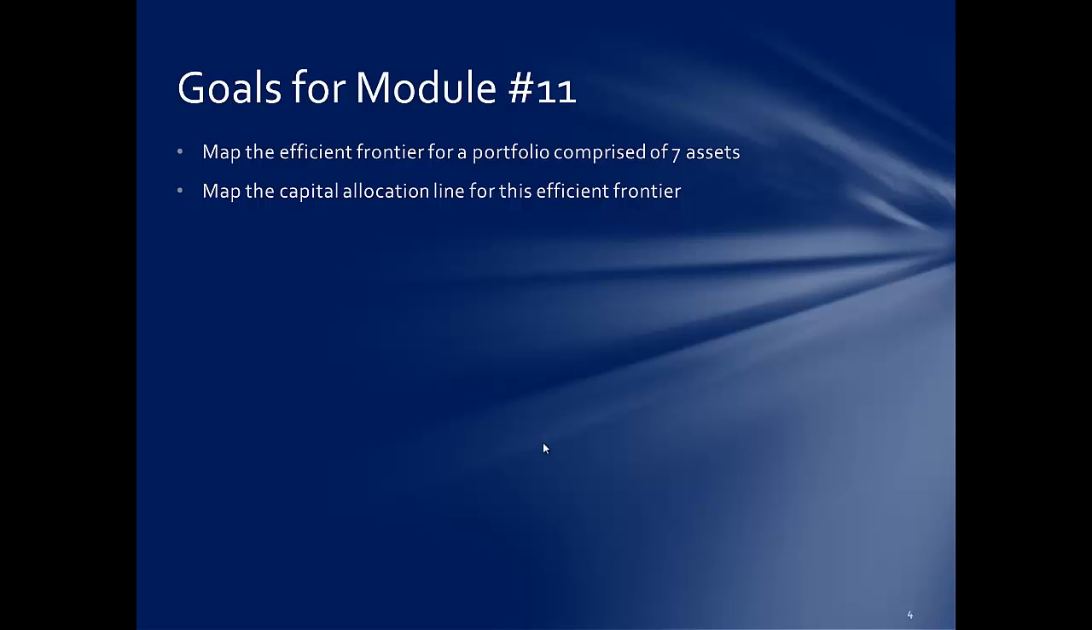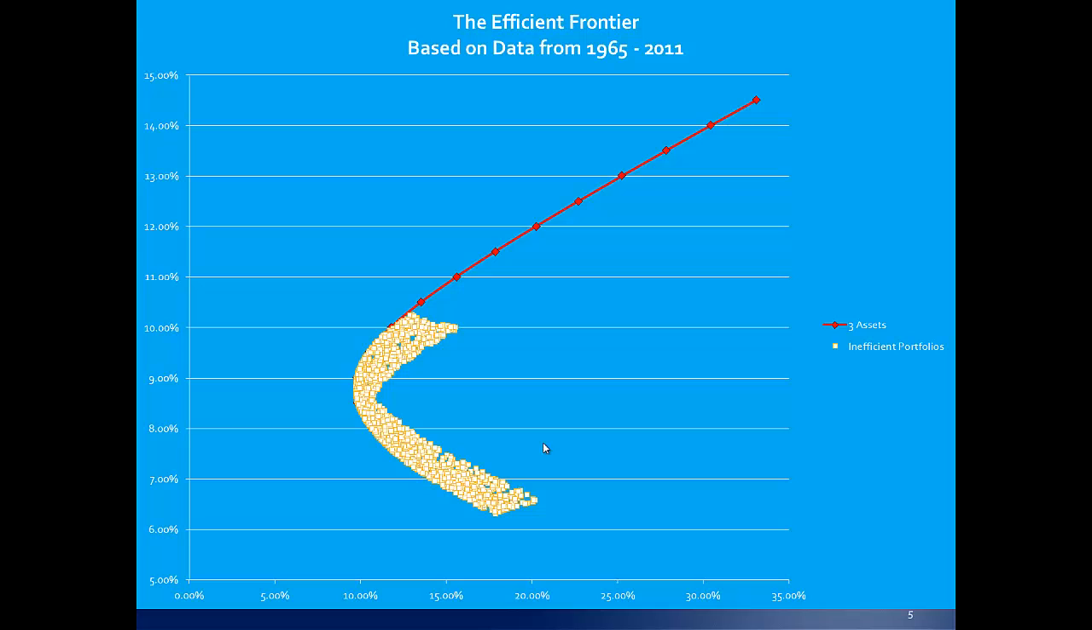Goals for module number 11, as we've already said twice, we want to map the efficient frontier. You will do it for a portfolio comprised of 7 assets. I will be demonstrating with a portfolio comprised of only 4 assets. Once we map the efficient frontier, then we want to map out the capital allocation line. Now, just as a reminder,